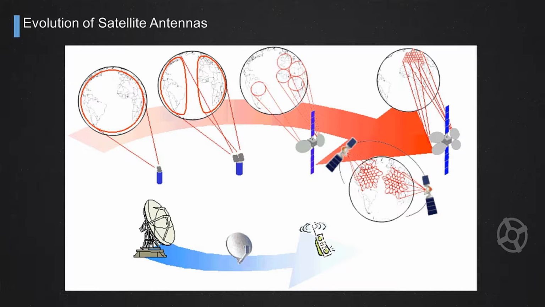The smaller the spot, the higher is the gain. There are many complications in producing small spots. There are complications also from the system point of view in dealing with a multi-spot coverage. But what is the result? In the bottom of the slide we see the effect is that with a large beam that is covering all of the Earth, I need very large antennas because the gain of my satellite antenna is not that high, so my received signal will not be so good, and I need large reflectors, large antennas on ground to receive the